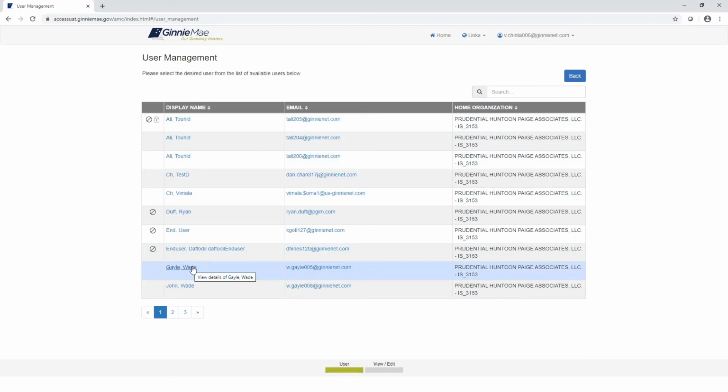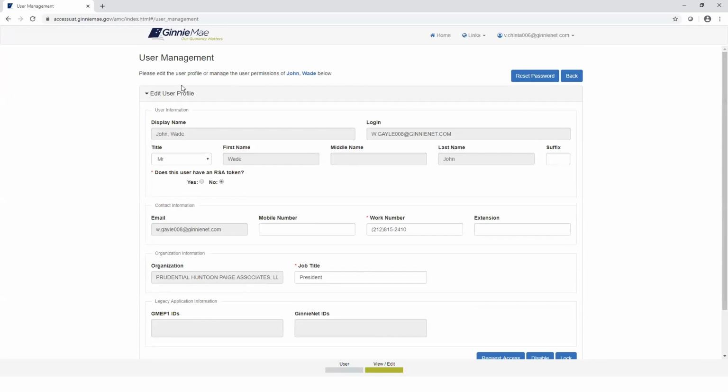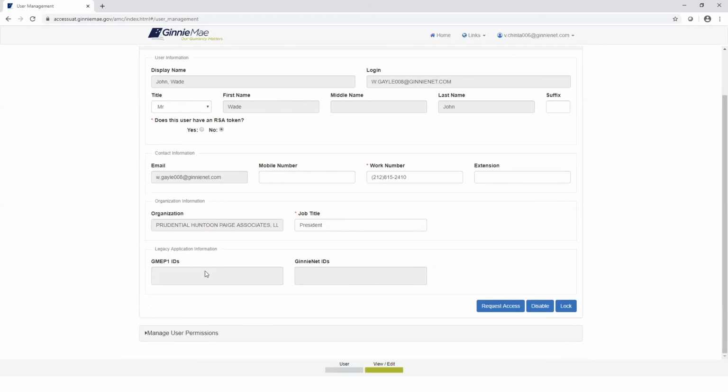So the account that we just recently approved the functional role for, we can click on that person's name and it'll take us to their detail. Here you can see, if you scroll up under the user management here, you can see the user's display name. You can see their email address or their login ID, their title, first name, middle, last name. Here, do note that the org admin will have the option to add the RSA token detail. Underneath, we will see their email, mobile number, work number, and extension, along with the organization information, their job title,